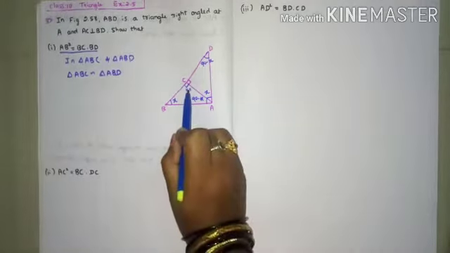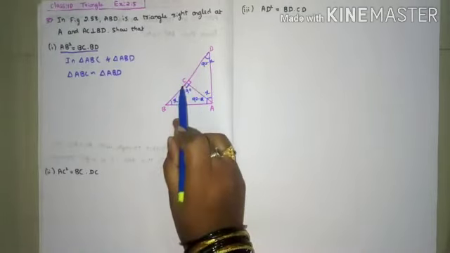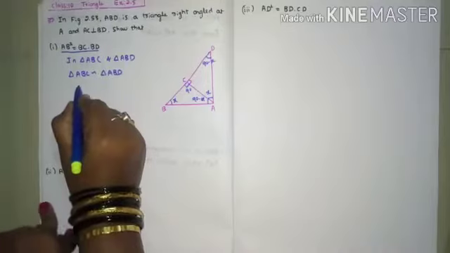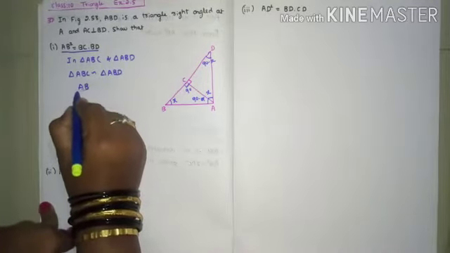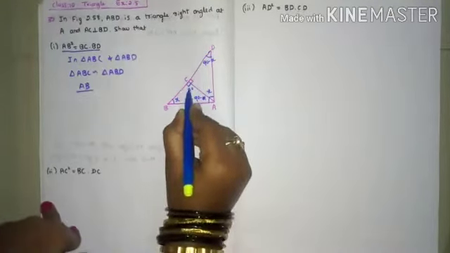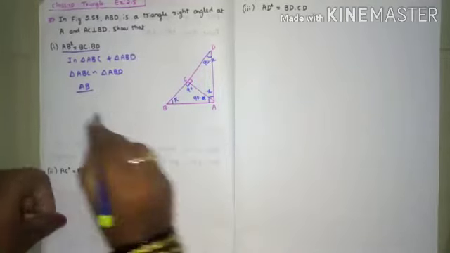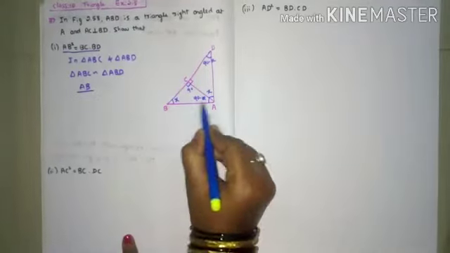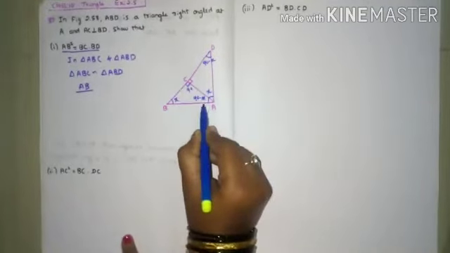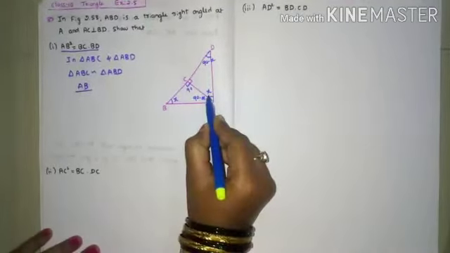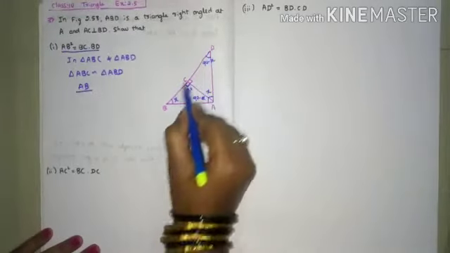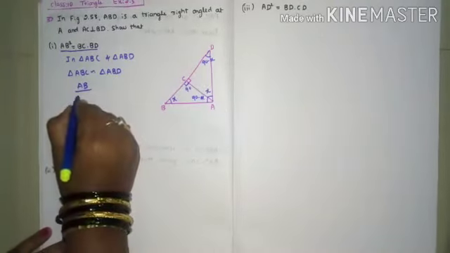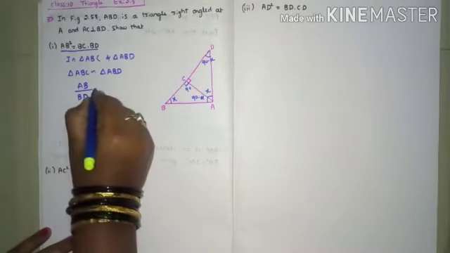Here 90 degrees there. In the triangle ABC, 90 degree opposite AB is there. So AB divided by, first I am considering ABC, the smaller triangle, then I will consider the bigger triangle. In the numerator I am writing the side of the smaller triangle. In the smaller triangle ABC, 90 degree opposite AB is there. In the bigger triangle, here 90 degrees there. So opposite of 90 degree in the triangle ABD is BD. Now is equal to